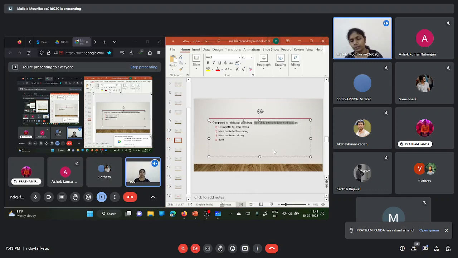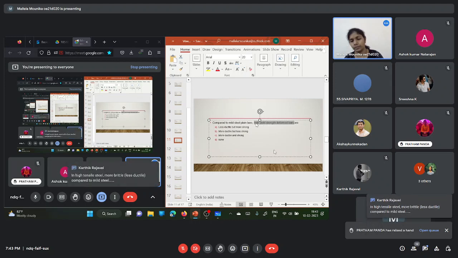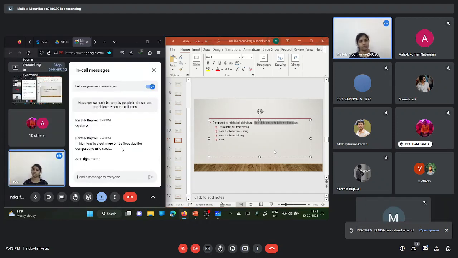So when you have a comparison between high yield strength deformed bars and mild steel bars, in case of high yield strength deformed bars, the amount of carbon content will be high, because of which the ductility will be less. The ductility will be less, and the ultimate strength will be more in case of